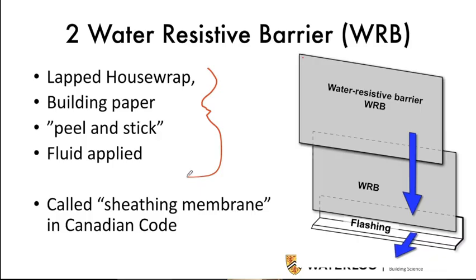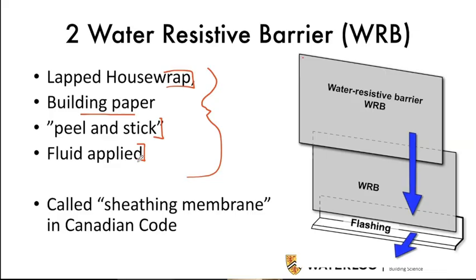These product categories describe not a function, they describe the form or material. So this is a material made out of paper impregnated with asphalt, whereas this comes in a preformed self-adhesive roll. This comes in a preformed non-adhesive roll that you have to mechanically attach, and this comes in a bucket. So it's not really functional; these descriptions are more about what form the